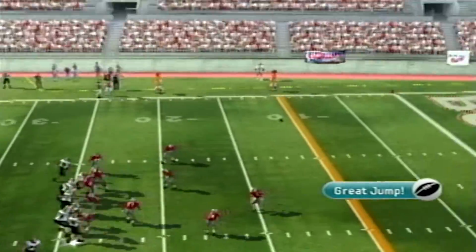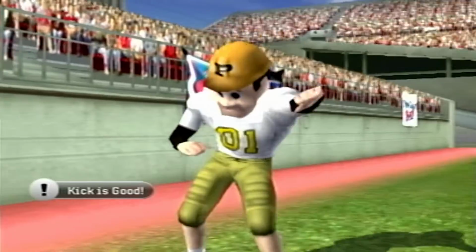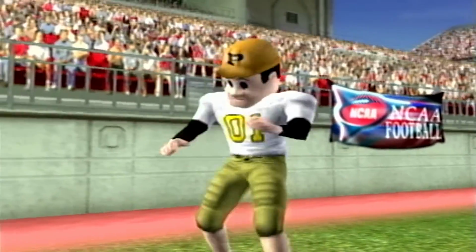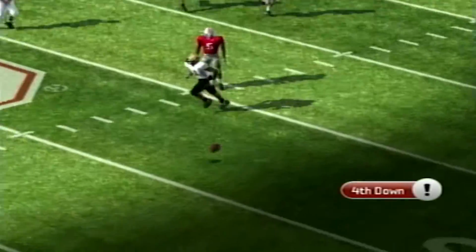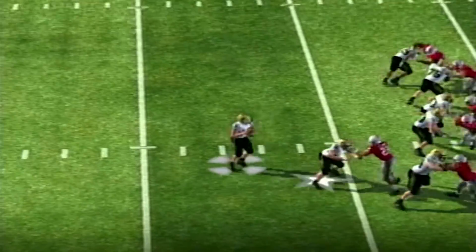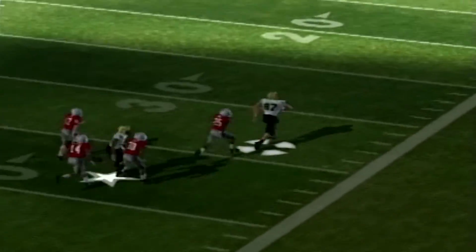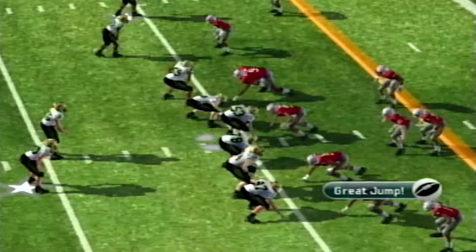But the defense holds Purdue to a field goal, and then you see the last thing that every top 5 team sees before Jeff Brohm kills you. Very scary stuff. And it gets even scarier as the third quarter continues, because Ohio State fails to convert yet another 3rd down, and it's starting to feel a lot like 2018 or 2011 or 2009 and all of those Purdue games, and the defense gives up yet another big play,